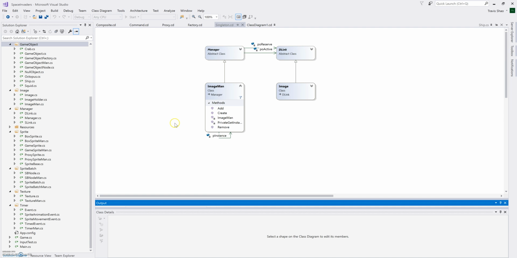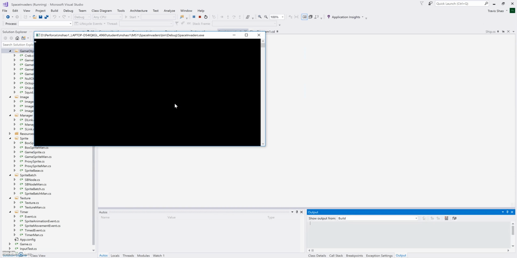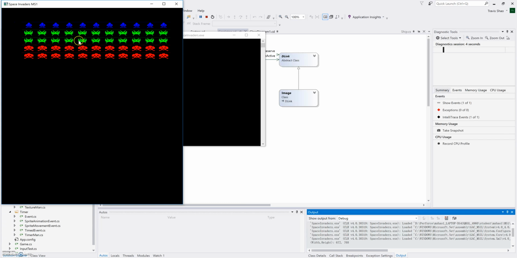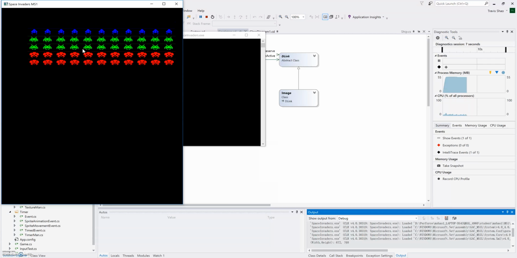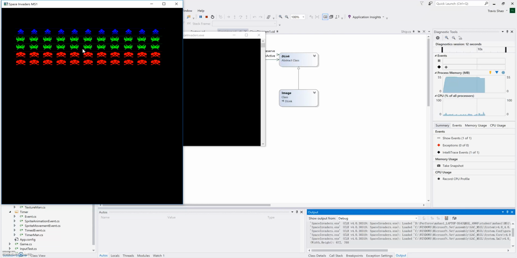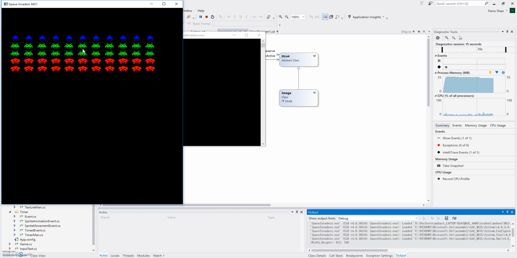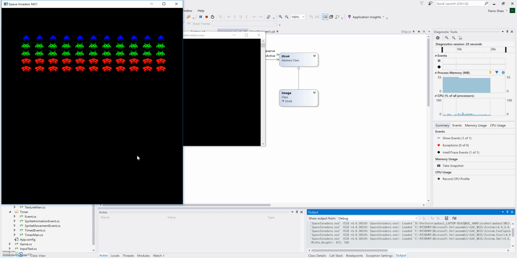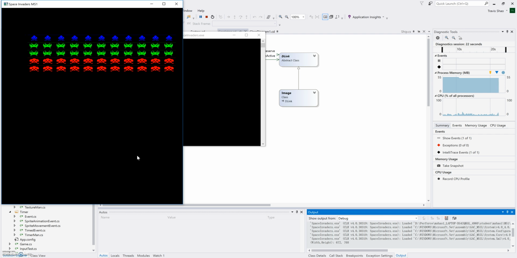Let me just say like this. Okay, here it is. A 5 by 11 aliens, each of them are 50 by 25 in size. The screen size I have is 672 by 768 pixels with color as background, and they move synchronously together with